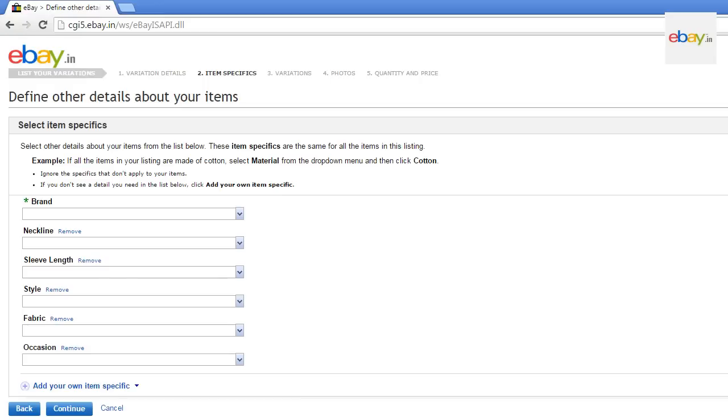You will be prompted to input the item specifics. Please note that the item specifics are those features which are the same for all the items in this listing. Choose the appropriate options from the drop-down.